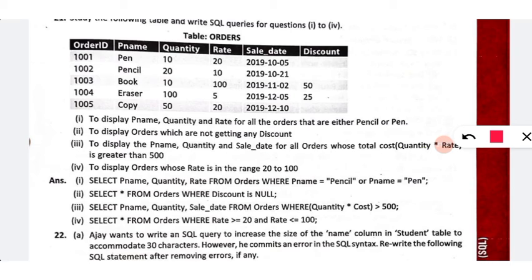Then to display the p name, quantity and sale date for all orders whose cost is greater than 500. In the question, cost is given, but we don't have the column cost. So cost can be calculated as quantity into rate, by multiplying these two columns.